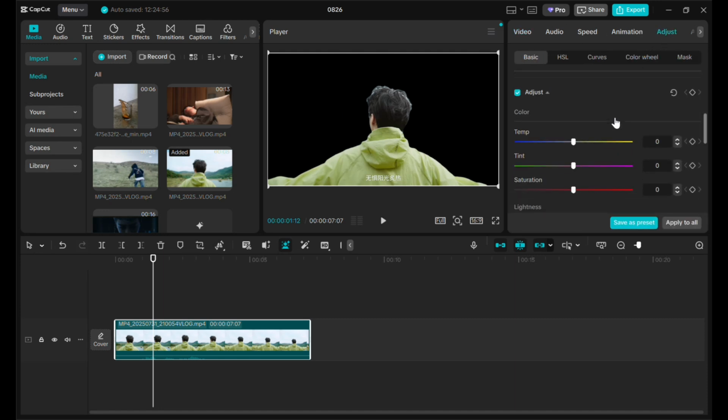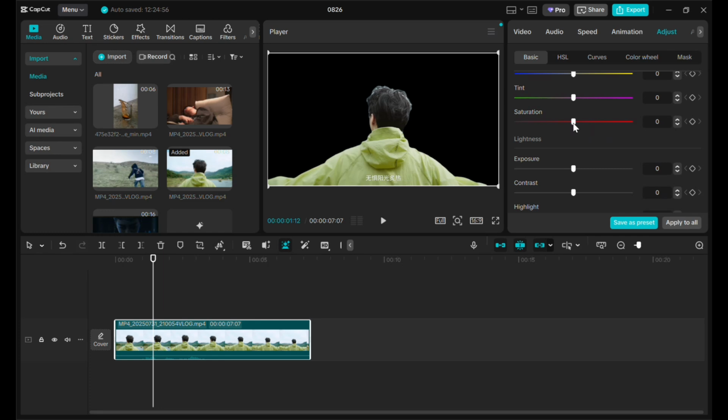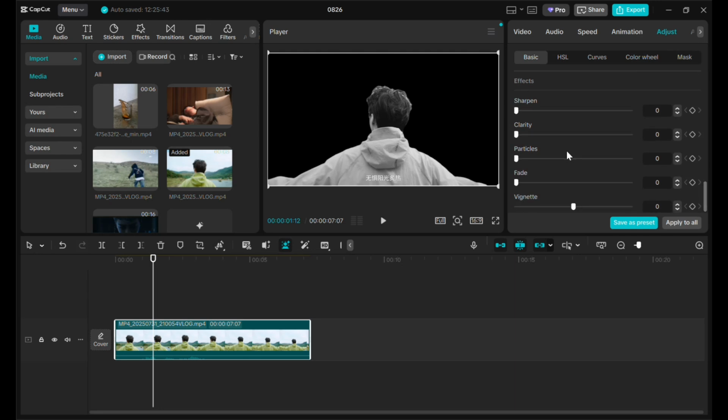and then in here, just lower the saturation all the way down to make the subject black and white like this. The color will be gone like this, and then after that just go to